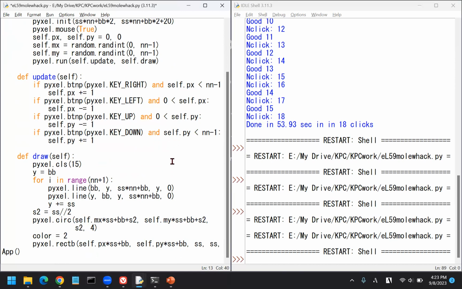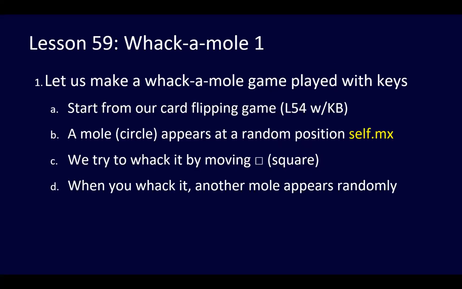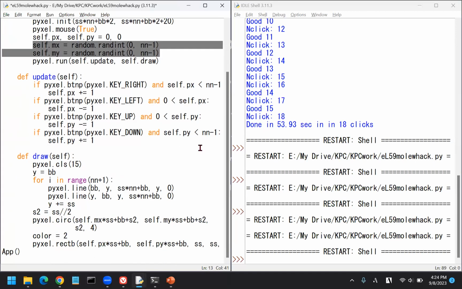Is this good enough? Okay, good. So what's next? When you whack it, another mole appears randomly. I think you can do it. Basically, it's simple. Stop the video and try it. This is how you can decide a new position for the mole. So maybe we can copy this, and when you hit it, meaning that,